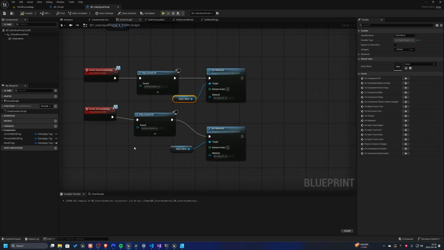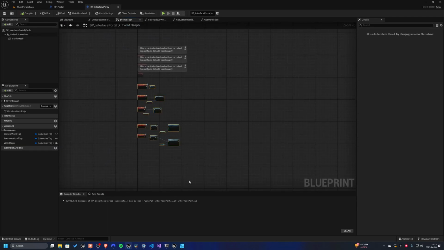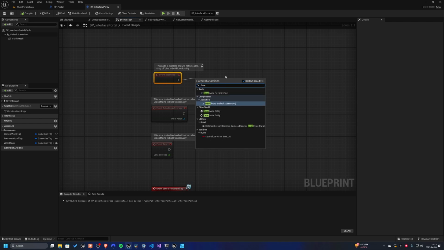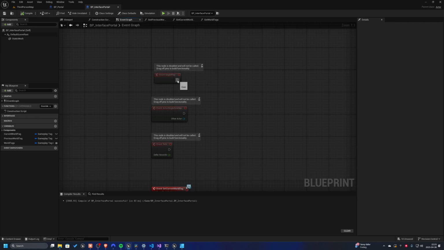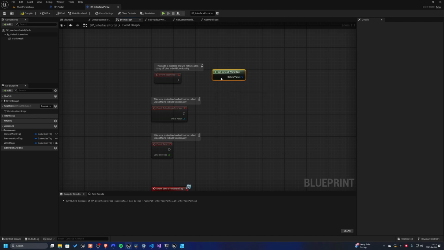So, alright. But as you can see, it doesn't have the right one from the get-go, right? And because we are doing this with the interface, we are implementing everything ourselves, we need to deactivate or activate the entity, depending on what you want to do from the get-go. You can use the get default world tag node to see which world tag was set up as being the default one, and we can do